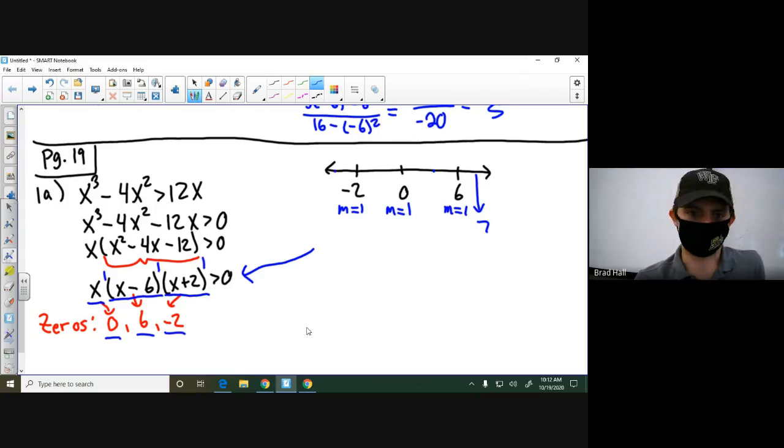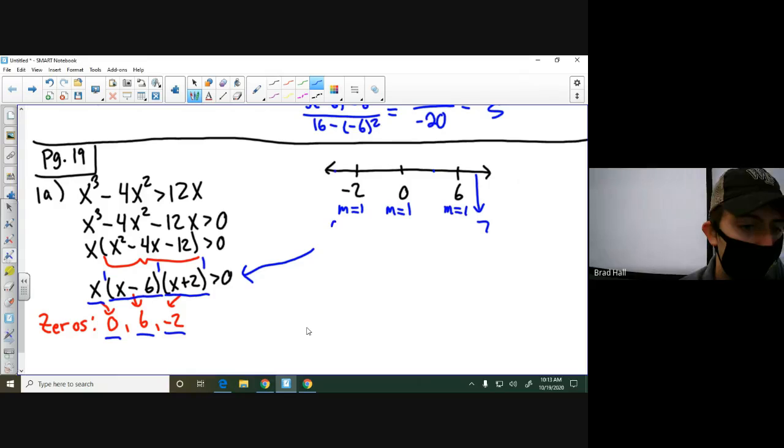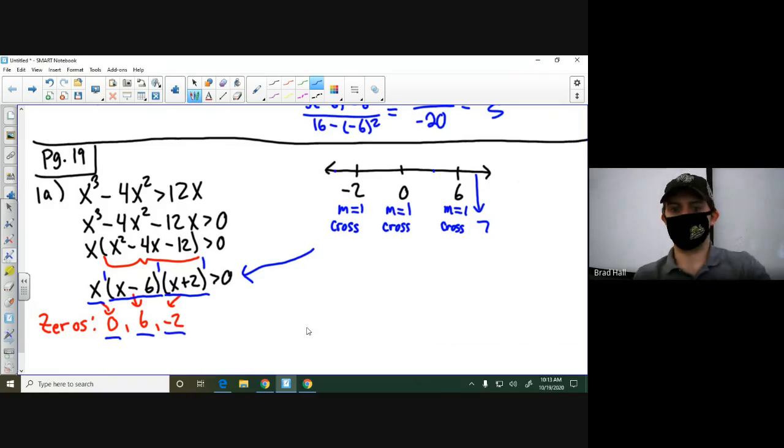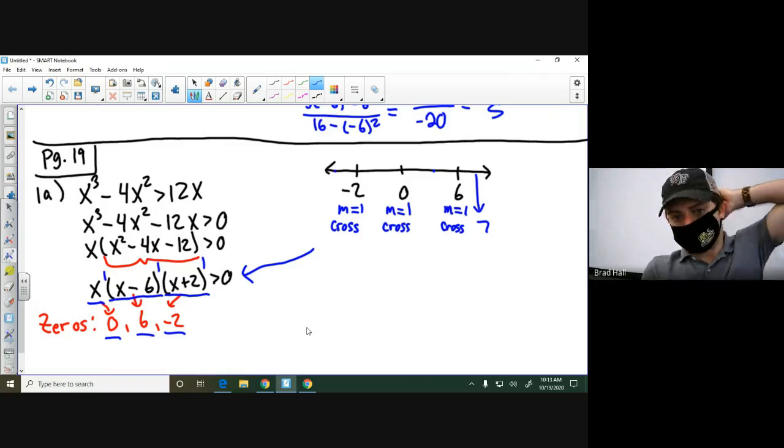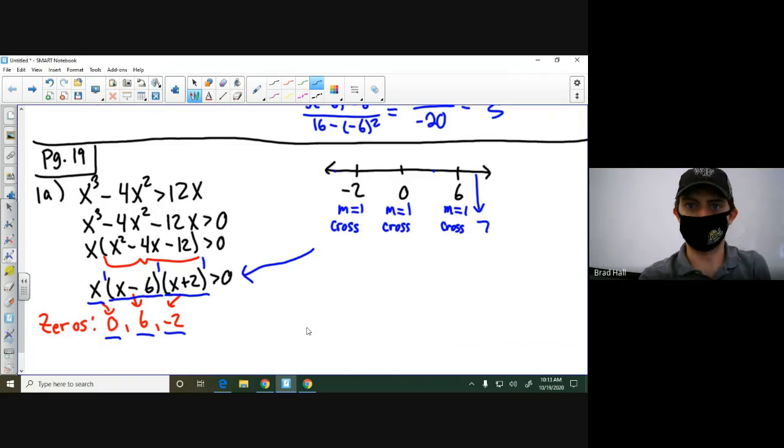So what does that tell us? Remember, odd multiplicity, odd, just 1, 3, 5, 7, 9, 11, so on. Odd multiplicities mean we will cross. So all of these have odd multiplicities. So the graph will cross at each one of these values. So we'll apply that momentarily. The test point of 7